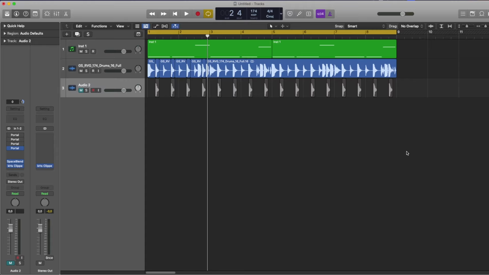Alright guys, I'm going to show you how you can level up your snare drum by creating some glitchy FX